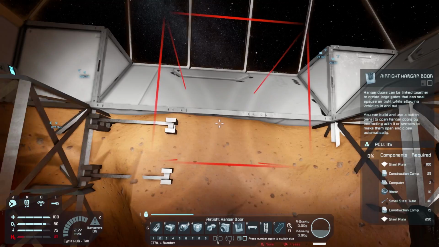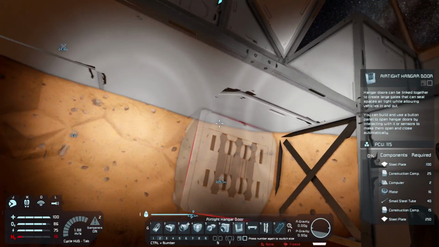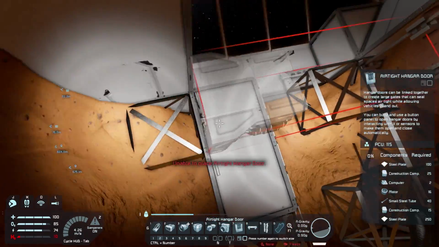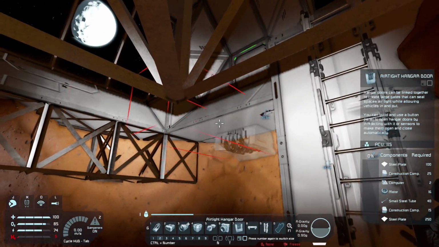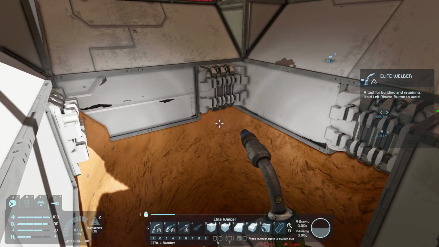So these would go here. And then these ones, as I'm running out of hydrogen, gotta place them quickly, would not go there for some reason. Why would they not go there? Let's get back on here. We're about to die. Why does that not want to place? So it looks a little bit weird, but I mean,